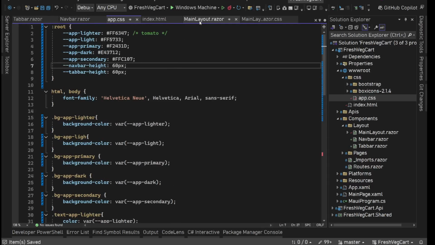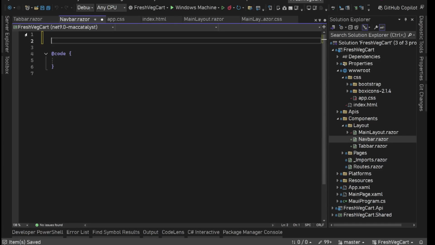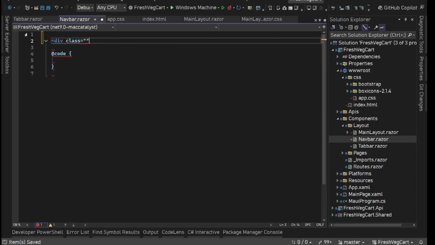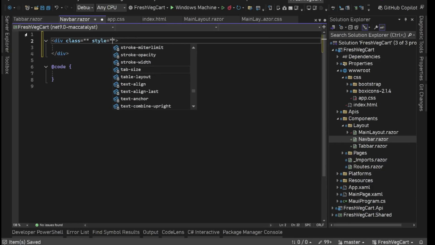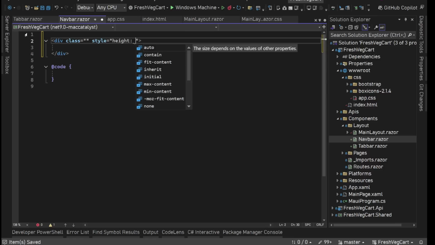All right, now let's go to main layout, and here we have this navbar. Let's go to navbar. In this navbar, we are going to have our navbar design. So first, let's have a div with some classes. Main thing is going to be, we are going to have a height on this. So let's have some style. We can move it to the scoped style. We'll move it to navbar.razor.css, but right now let's have it here only. So here we are going to have style height. We are going to have a height of